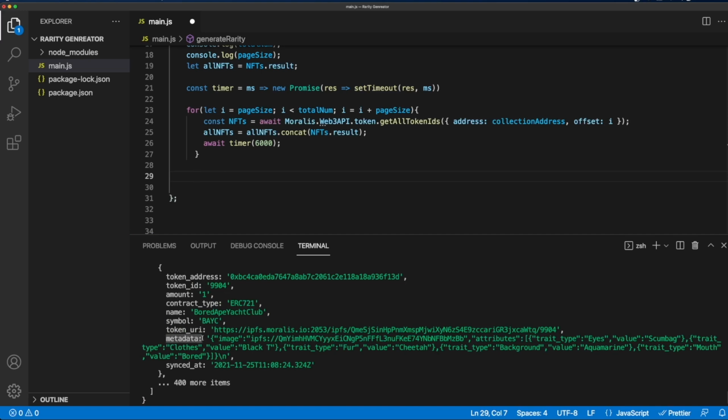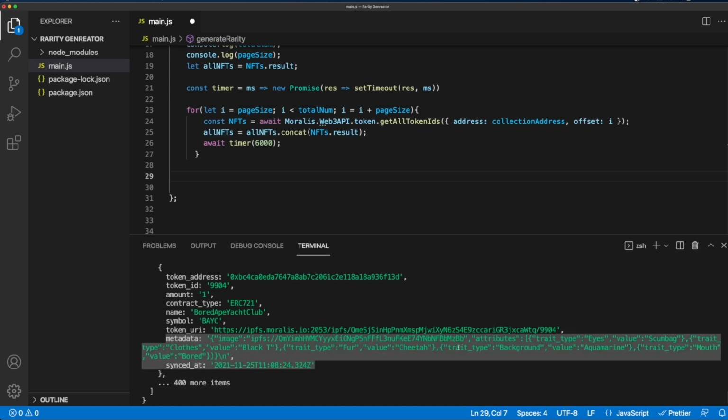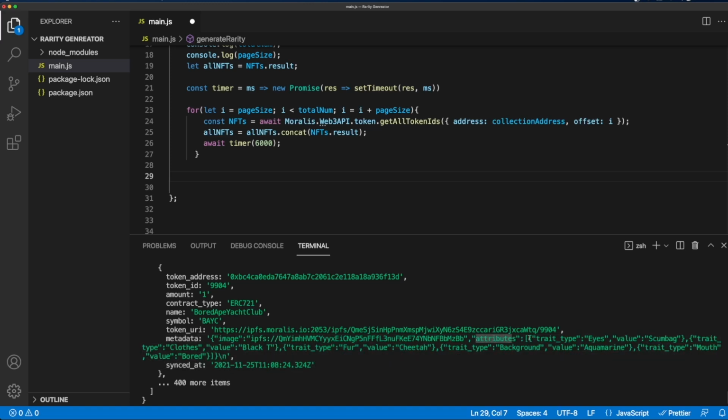All we really need is this metadata key with the attributes array, because that will have all the attributes we need to calculate the rarity based on what proportion of these attributes are present in the whole collection. So let's see if we can do that by creating a metadata array, which just maps through all the NFTs and JSON parses the metadata and gets the attributes